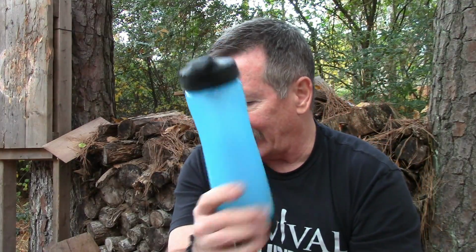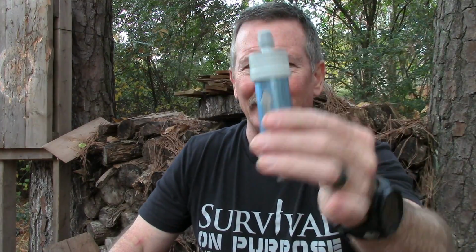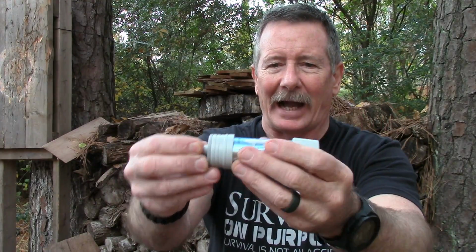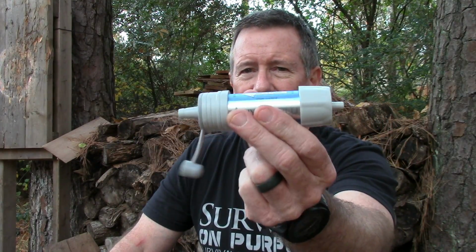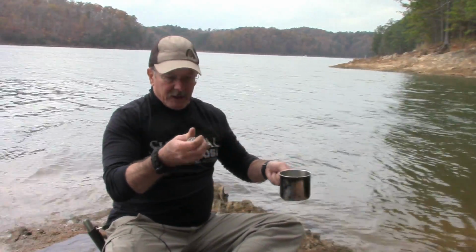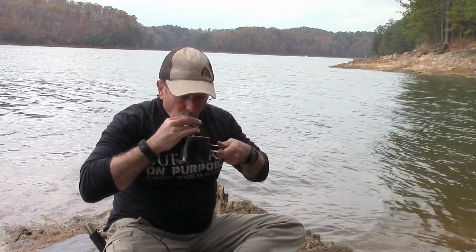So that is the ClearFlow water bottle and filter. The next filter we're going to take a look at is the HydroBlu VersaFlow. And basically it's about the size of a Sawyer Mini, kind of the same style. So this does not have activated charcoal, so it's not going to be for chemicals or anything like that. But it does have the microfiltration hollow fiber membrane, 0.1 micron, and it's going to remove